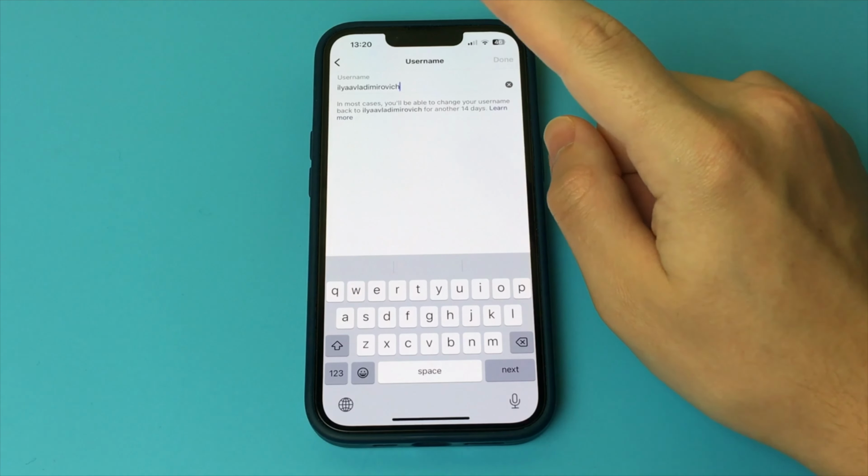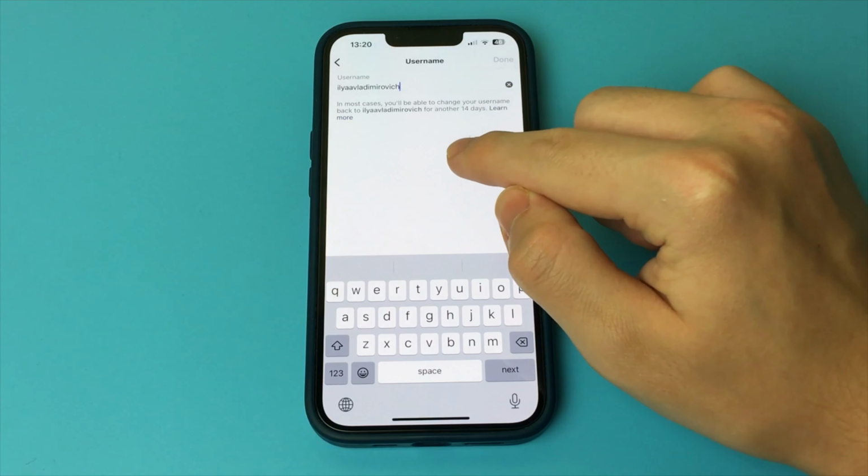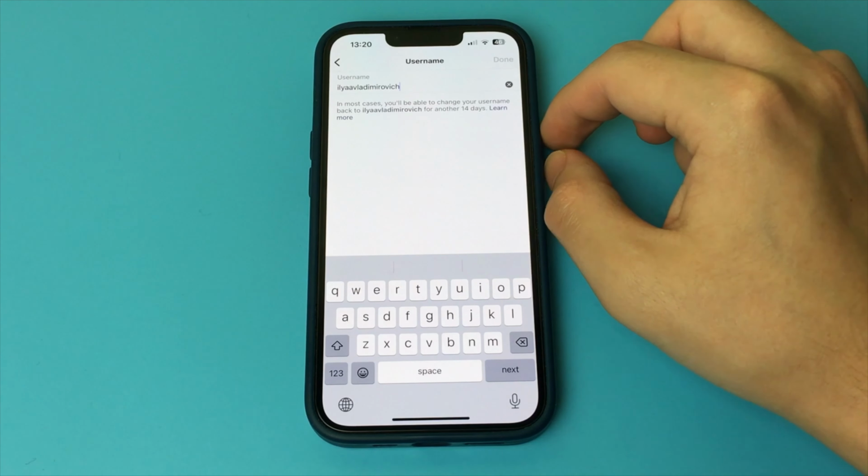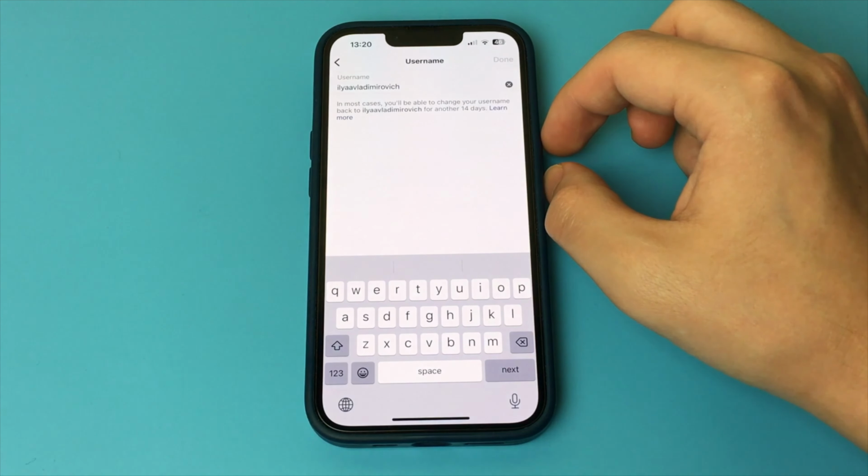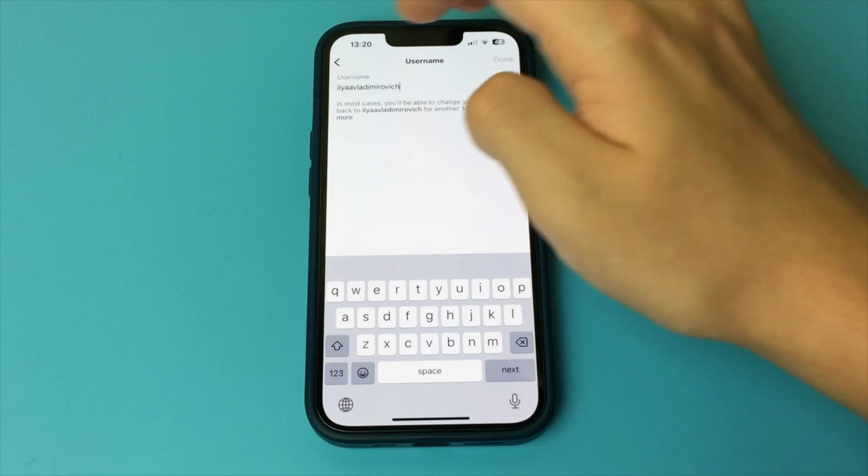All done. Click Save. You go, and it is immediately changed. As you can see, it's a very simple and quick way to do it. Done. There's nothing complicated about it.